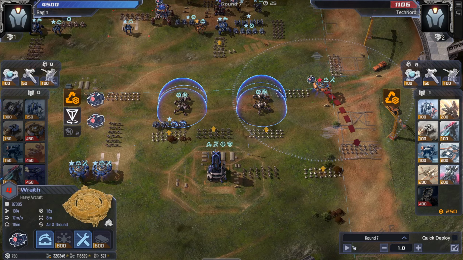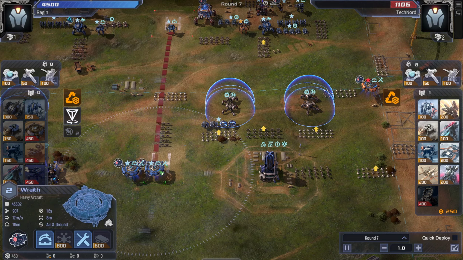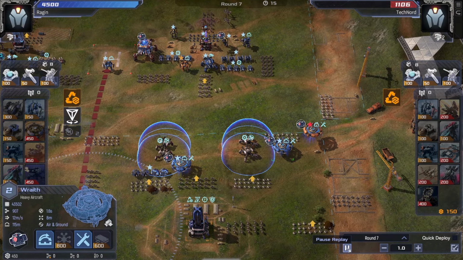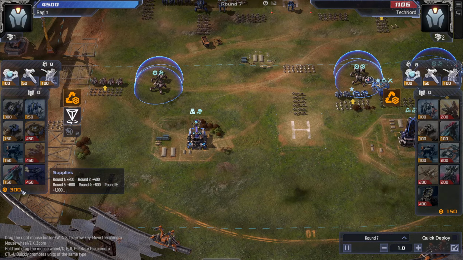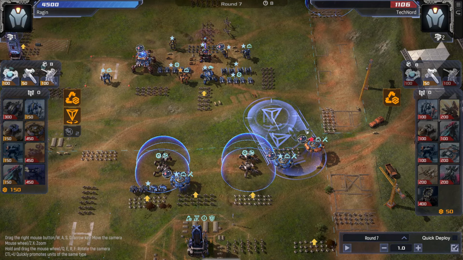So laser sight here. Laser sight. Laser sights. Now I got 3 laser sight Wraiths, which is nuts. I don't remember the last time I had 3 laser sight Wraiths. I have 300 money. Yep. So this play,